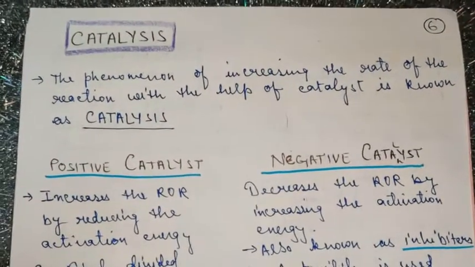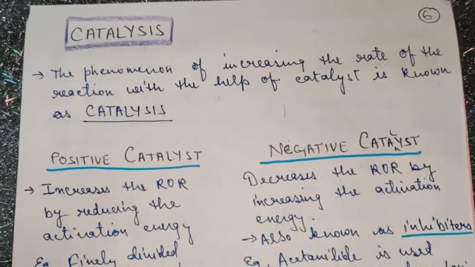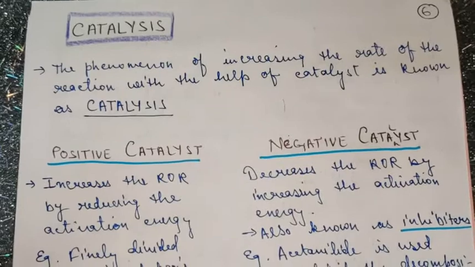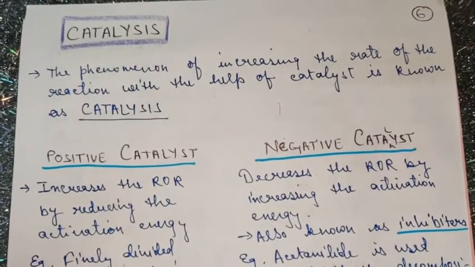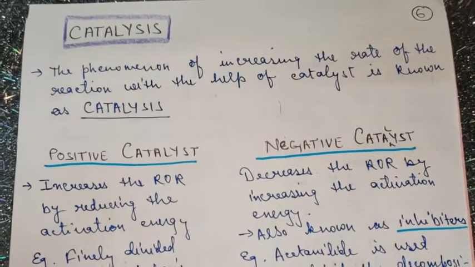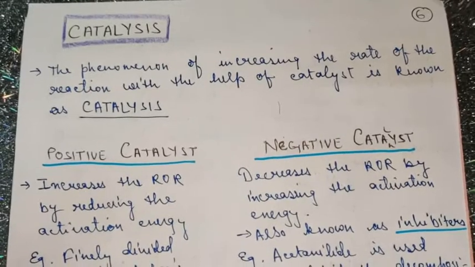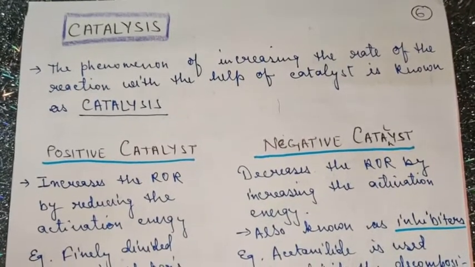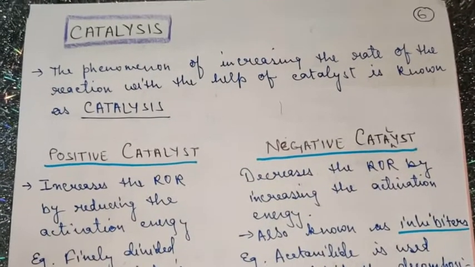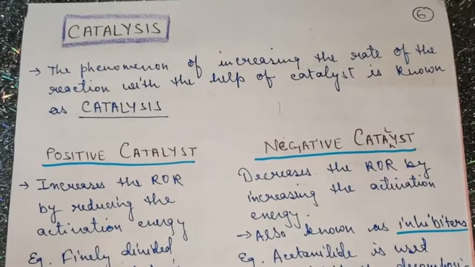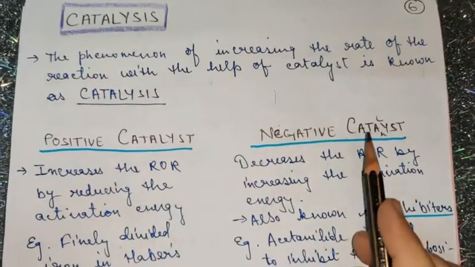So most of you, I hope, know the definition of catalyst. The only mistake that you do is this: most of you define it as the chemical substance which speeds up the rate of a reaction. So this is wrong, children. If you say speeds up, then it is wrong. You have to say that it is a chemical substance which alters the rate of reaction, because a catalyst can be positive and a catalyst can be negative.